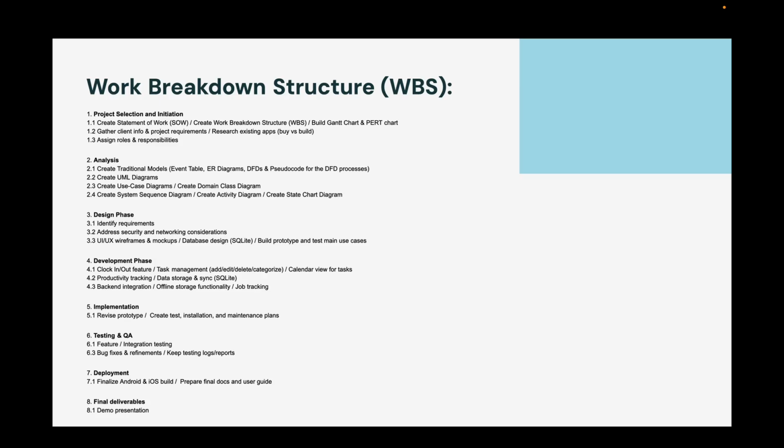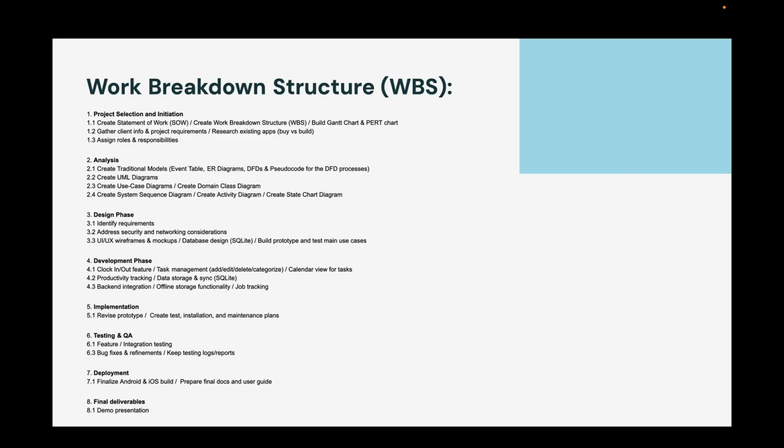And then we assigned our roles and responsibilities and moved into our analysis phase where we created our traditional models like our event table, ER diagram, DFDs, pseudocode, and pseudocode for the DFD process. We then moved on to our UML diagrams, created our use case diagrams, domain class diagrams, system sequence diagrams, activity diagrams, and our state chart diagrams